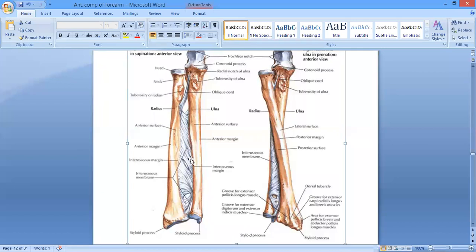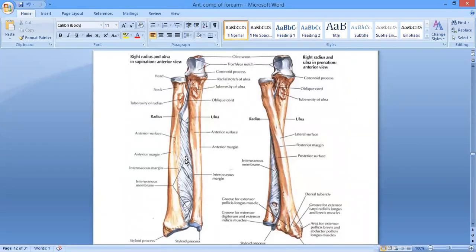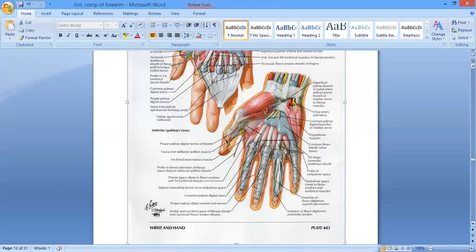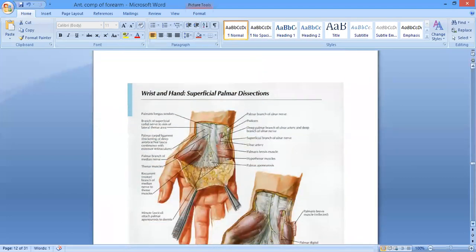Okay, no. As far as the deep fascia is concerned in the lower part of the forearm, it is going to form certain thickenings. I told you that the deep fascia forms fat bands, thickenings, right? So you can see the lower part of the forearm, the thickening of the deep fascia is going to form the retinacula. And what are the retinacula? Retinacula are thick bands, thickenings of the deep fascia, just present at the wrist over here to hold the tendons in place.